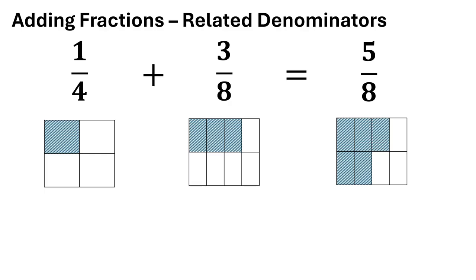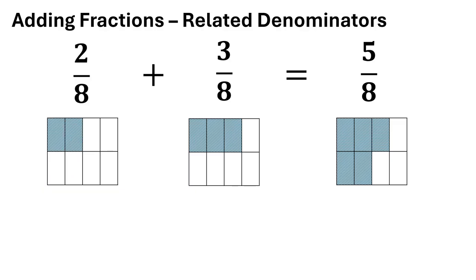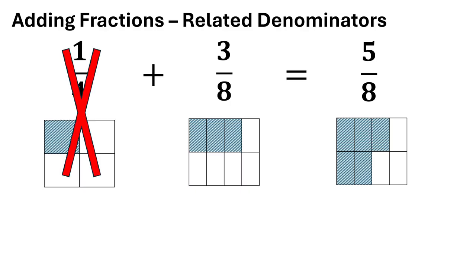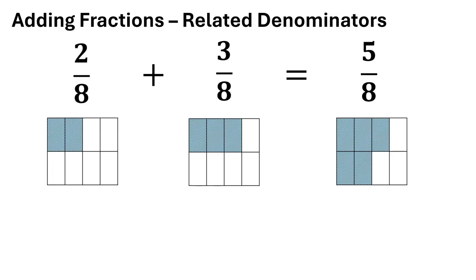So if we go back to our original equation, we can see that 1/4 plus 3/8 equals 5/8. Because what I've done is I've gone to 1/4 and I've found the equivalent fraction. I know the equivalent fraction for 1/4 is 2/8, and then I've added my 3/8 and I get 5/8. So the rule here is this: that when the denominators are the same, we just add the numerators. So we've changed our original equation of 1/4 plus 3/8 into 2/8 plus 3/8 to make it easier to add